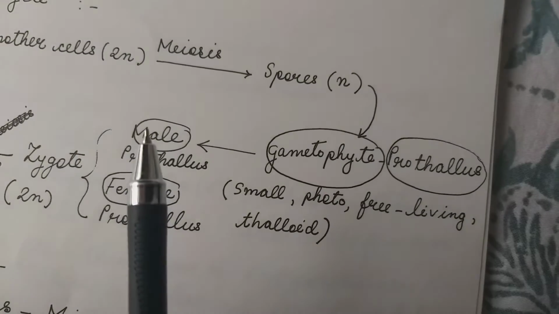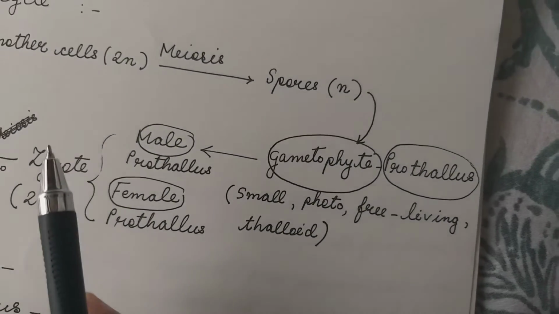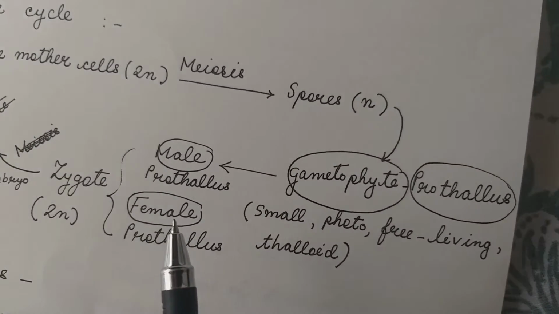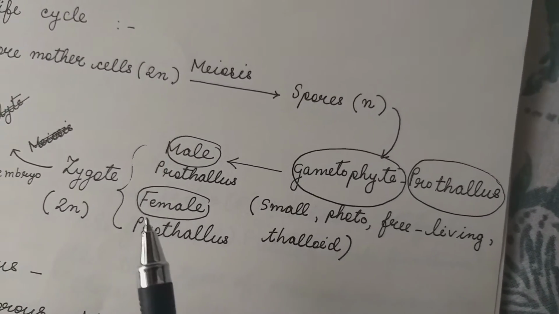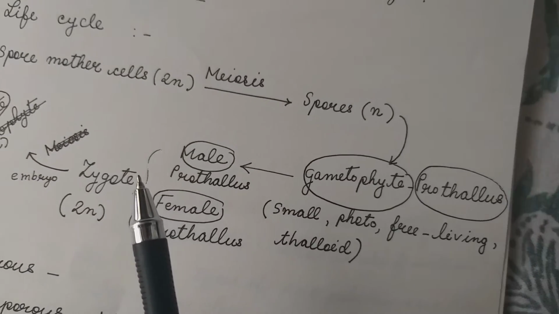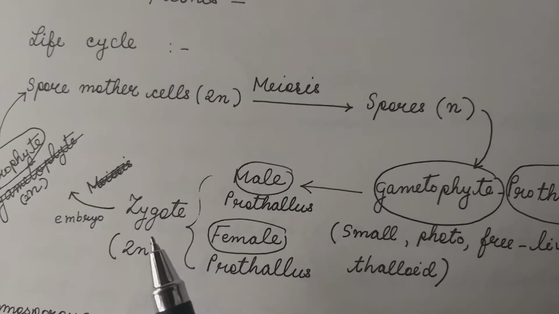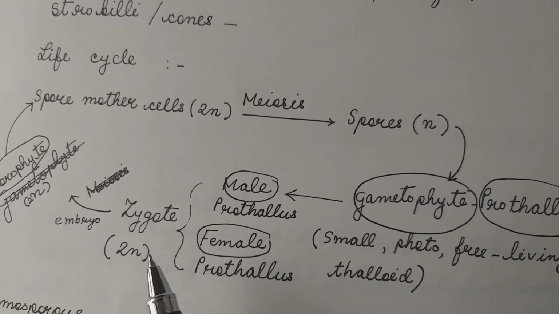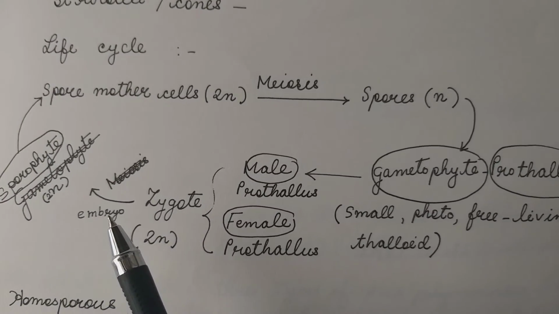From the antheridium, antherozoids are released into the surrounding environment. One antherozoid fuses with the egg which is formed inside the archegonia in the female prothallus. Now, fusion of antherozoid and one female gamete results in the formation of a diploid zygote. The zygote develops into a multicellular embryo by mitosis.